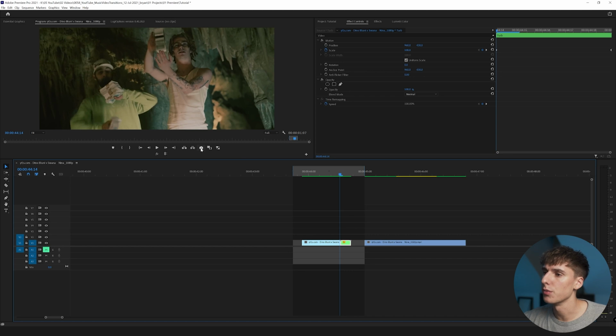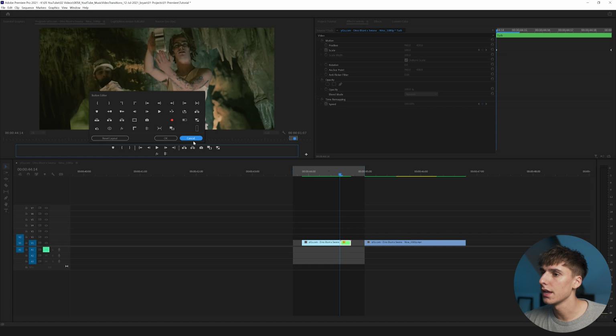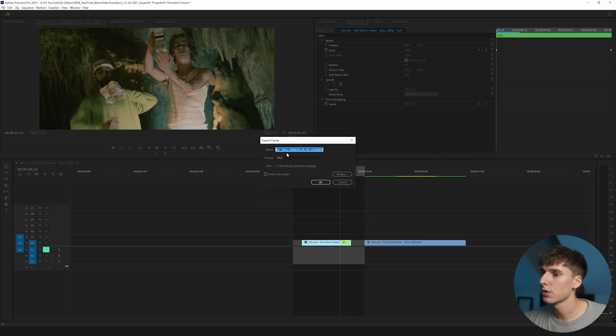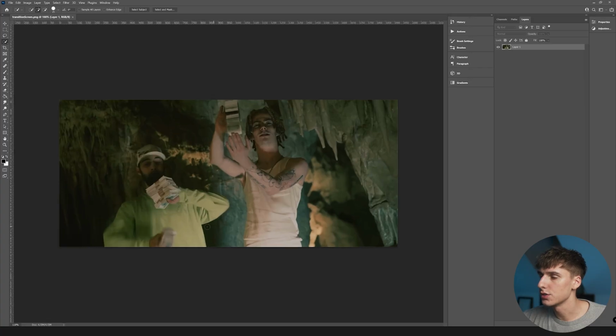I know a lot of people work through Premiere, so all you have to do to get it into Photoshop is go to below your video clip and click this camera button. You can click Control-Shift-E, or if you don't see the camera button here, you can go ahead and go to the button editor and then add it in and then click export. And then you can save it as PNG or JPEG. Those are probably the two that I would use most often. And then go ahead and click OK, and then drag that into Photoshop.